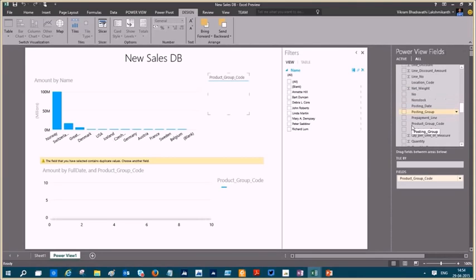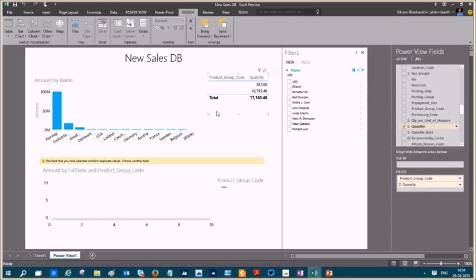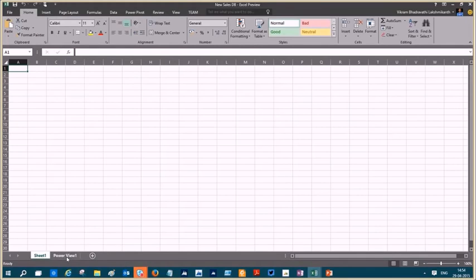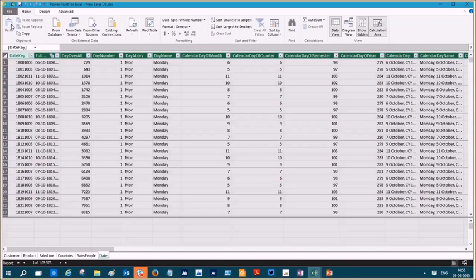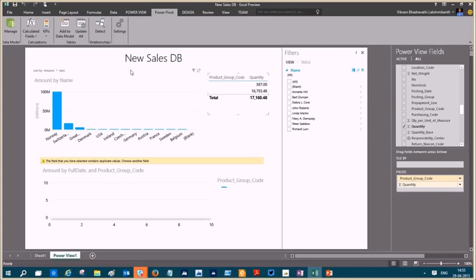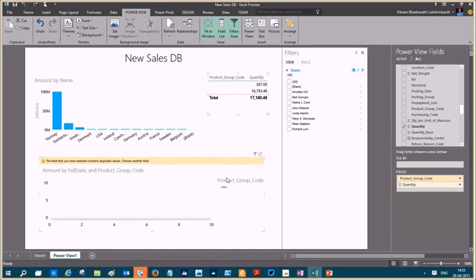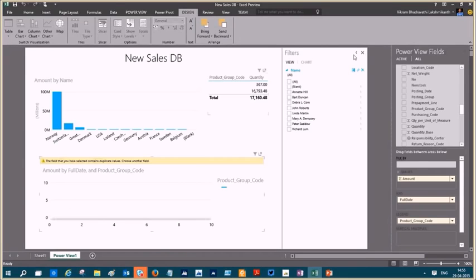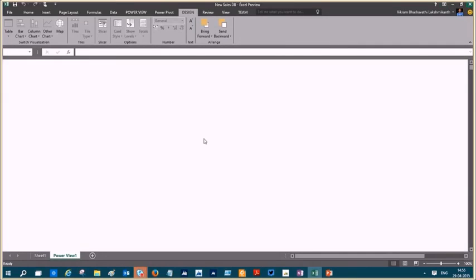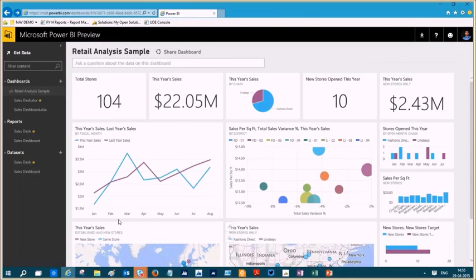So I'll show you quickly how this can be imported to Power BI. So I'll save this. Okay, it's all saved. We saw how we can use Power Pivot to build a data set, right? And we then used Power View to create meaningful data here. Okay, oops, something happened to the graph. Okay, I'll save it. So finally, coming to Power BI, there are multiple ways using which you can